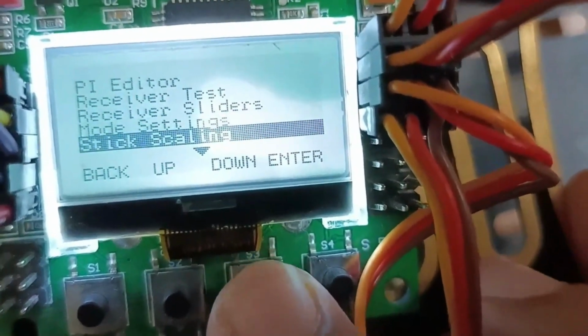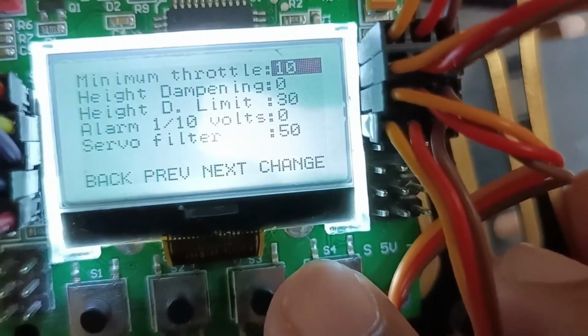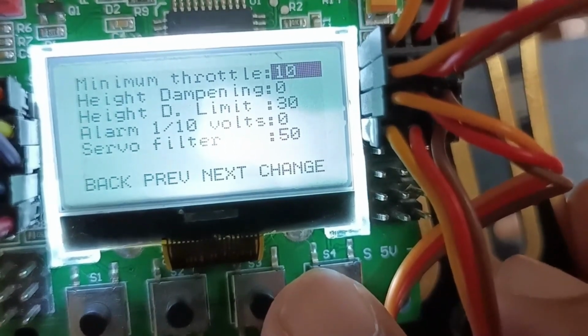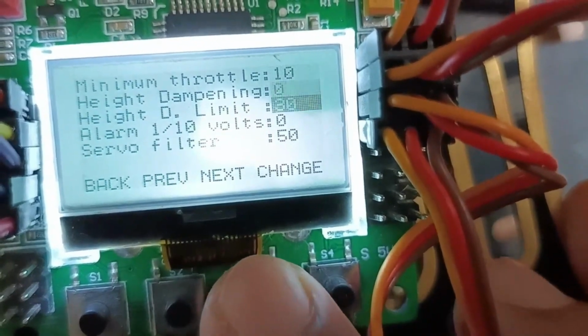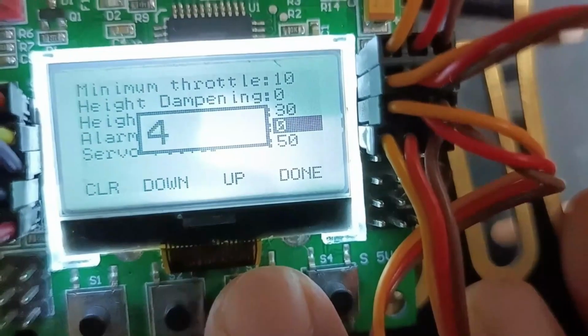Next we will go to the miscellaneous setting. Here we will set the alarm 1/10 voltage. This value we will select to 105.